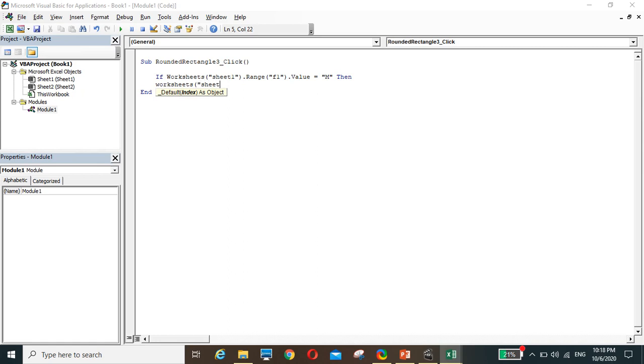sheet 1 dot range F2 dot value equal M is M, man. Okay,